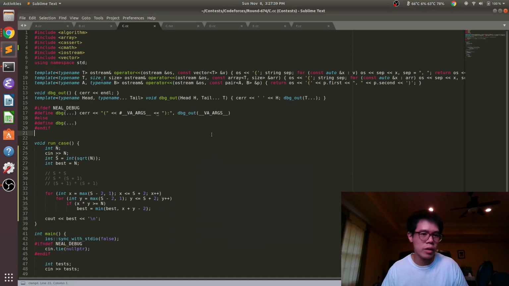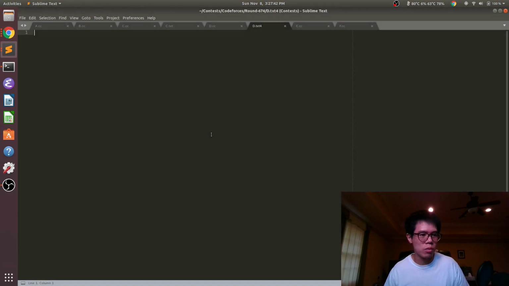So for example, let's take the first sample. The prefix sums will be 0, so remember to include a 0 at the beginning. This is for the empty prefix. And then you have a sum of 1, and then you have -4, and then you have -1, and then 1. And -1 is there because it's 1 plus -5 plus 3. And so here we can see the only problem we have is that this one here and this one here are equal. And so we're going to need at least one insertion to fix that.